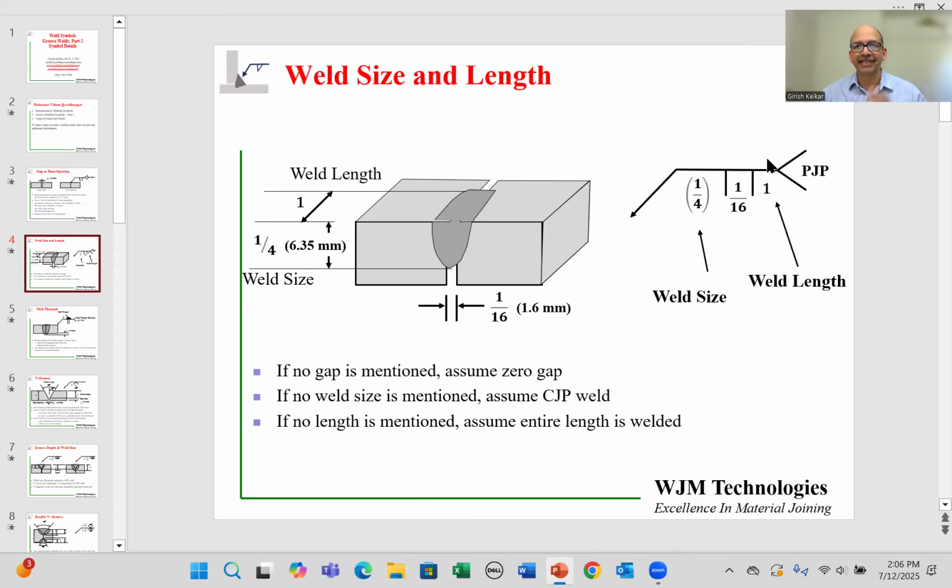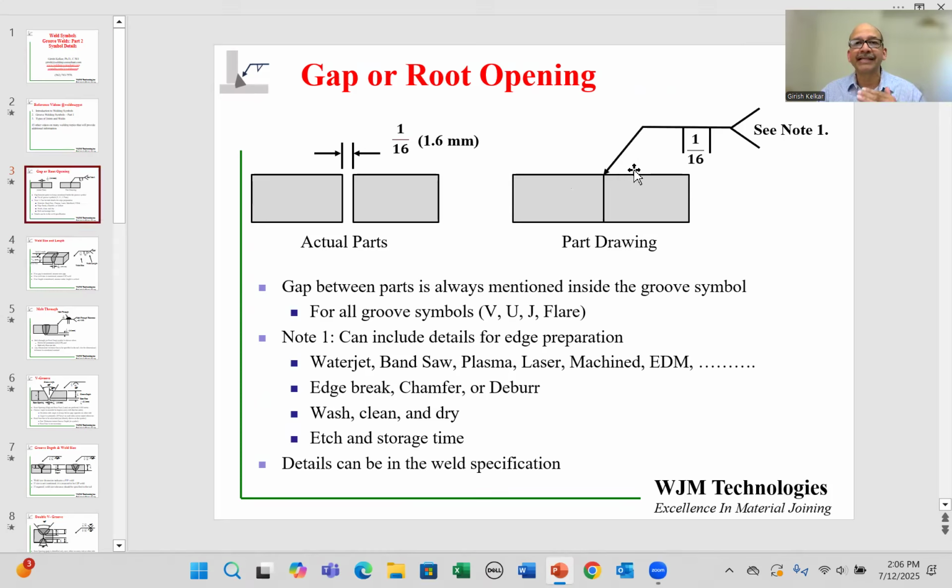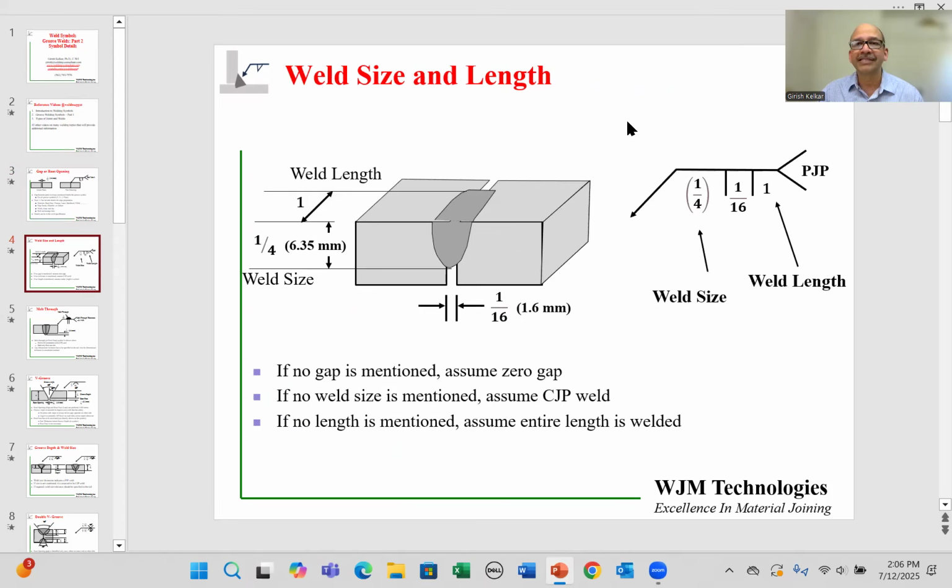Now this welding symbol is not actually attached to a drawing. So the arrow is not touching the weld itself. If this was actually on the drawing, then the point of the arrow has to be in contact with the weld interface, as shown on the right over here. So in this case, this is just the welding symbol just for your information.